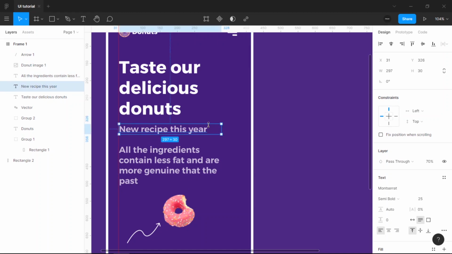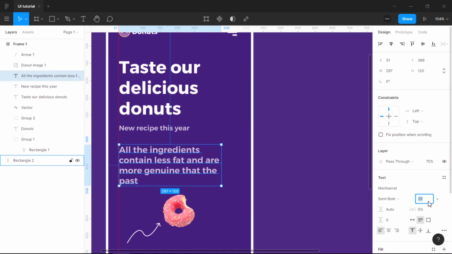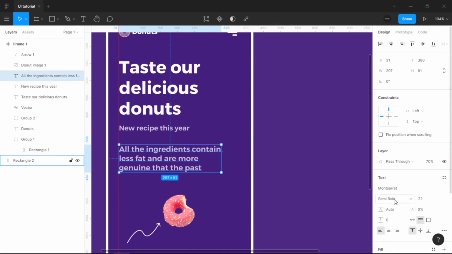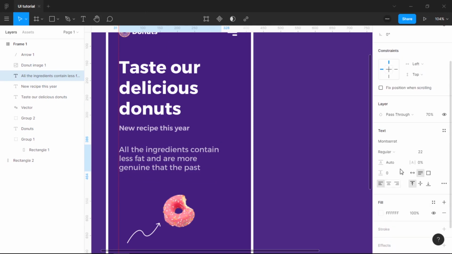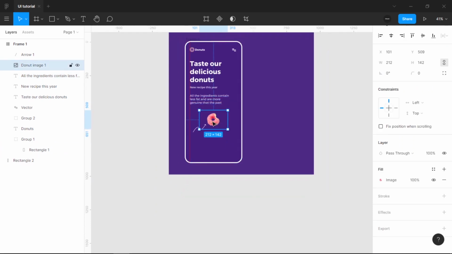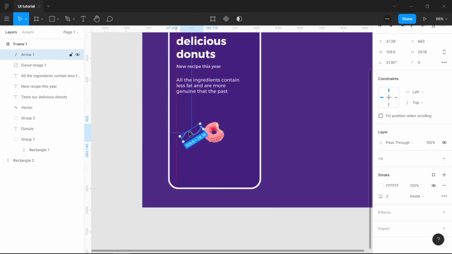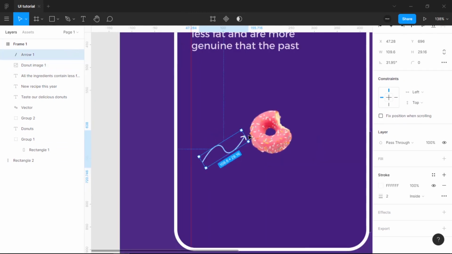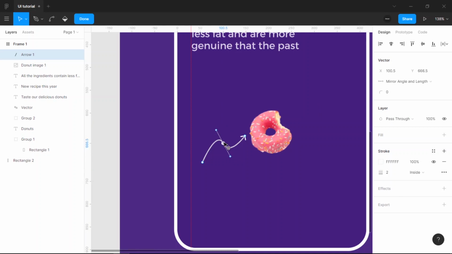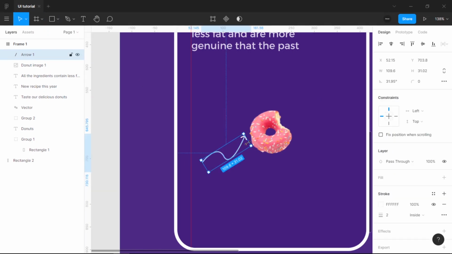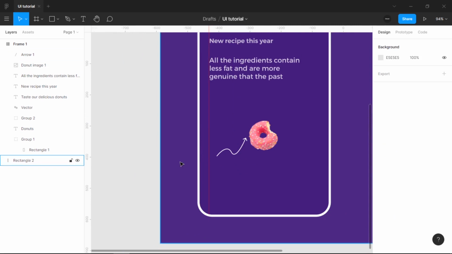Now this font we make 20, and this one we make 22, and then we put regular, then we put 80, and then we put the donut down below with Shift, also the arrow, and then we use again blend mode to create a good arrow, and then we put another text